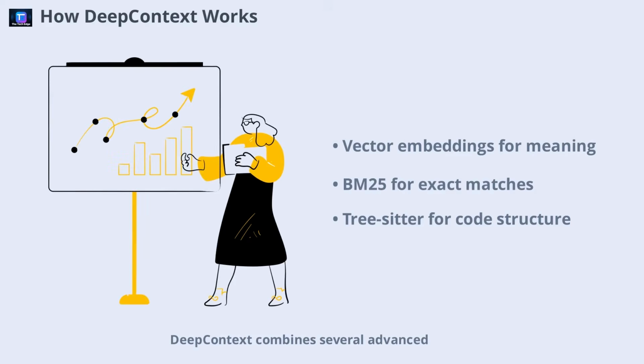DeepContext combines several advanced technologies to deliver precise results. It uses vector embeddings to capture the semantic meaning of your code, BM25 lexical search for exact identifier matches, and Jina re-ranking to ensure the most relevant results are prioritized. Additionally, tree-sitter AST parsing allows DeepContext to understand your code structure at the compiler level. This hybrid approach means DeepContext can reduce token usage by about 40% compared to traditional grep-based searches, while also operating